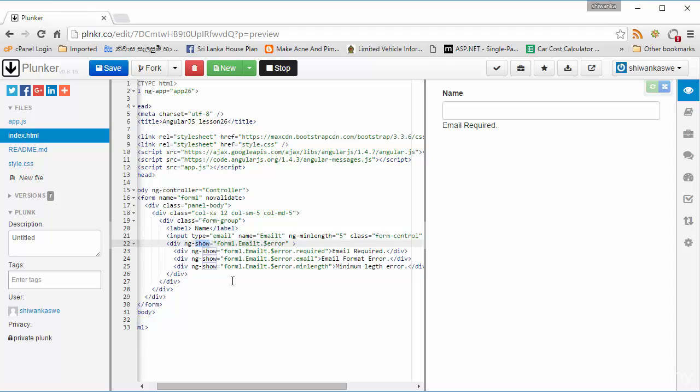Actually, Angular messages has two directives. One is ng-messages, the other one is ng-message. Actually, a combination of ng-message is ng-messages. We will see how this one works. This is ng-messages, and it has a combination of ng-message. I'll rename this ng-show into ng-message,